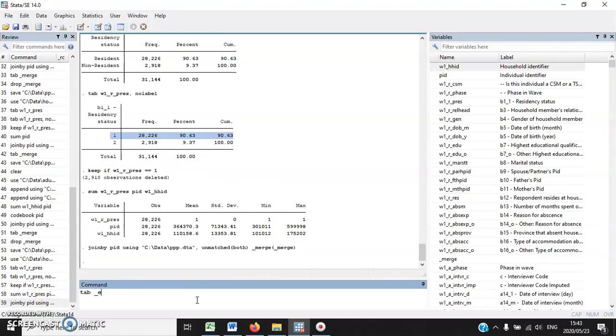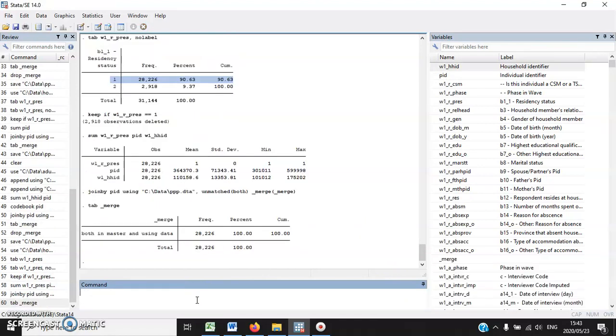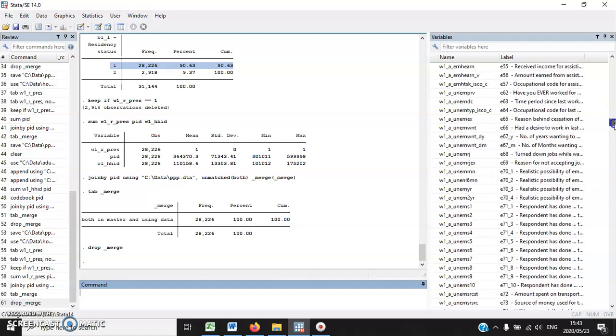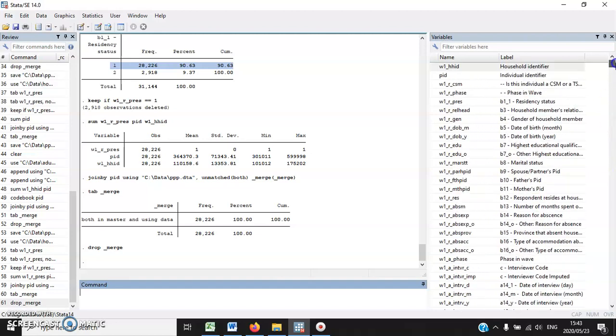I hope the merge is OK. Merge. Fine, perfect merge. So let's look at the data set. Let's scroll down the variable window. So starting with